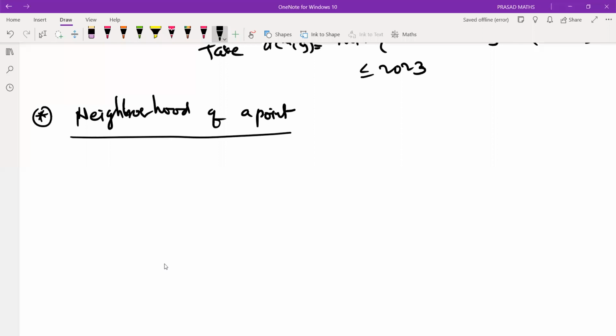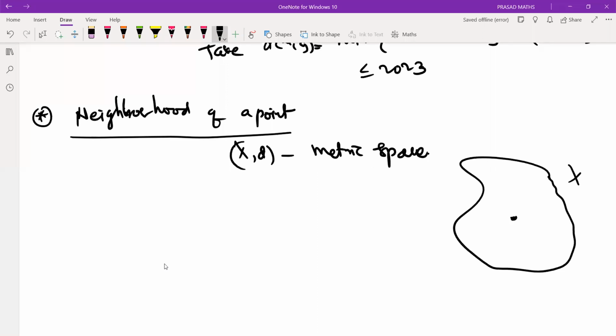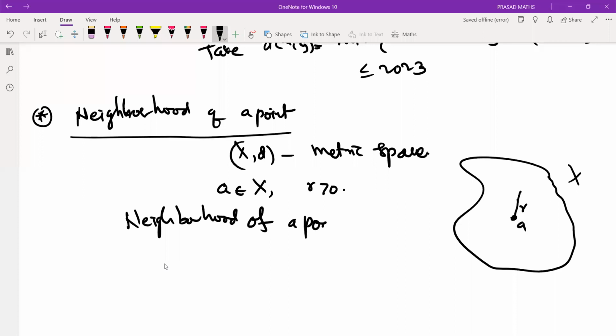Right, suppose you start with a metric space. This is my metric space. Suppose you take a point in the metric space, and you take some radius r positive. This is my radius r. So the neighborhood of a point A with radius r,